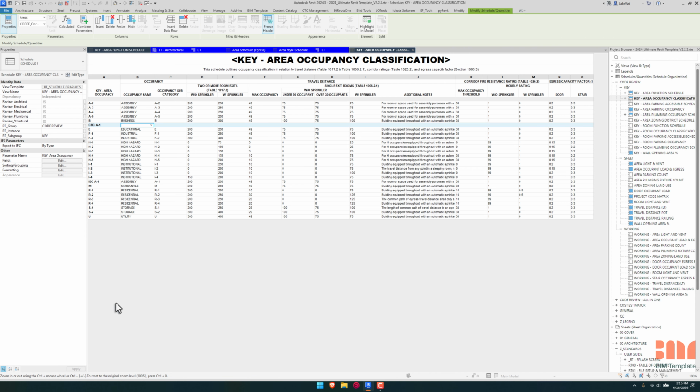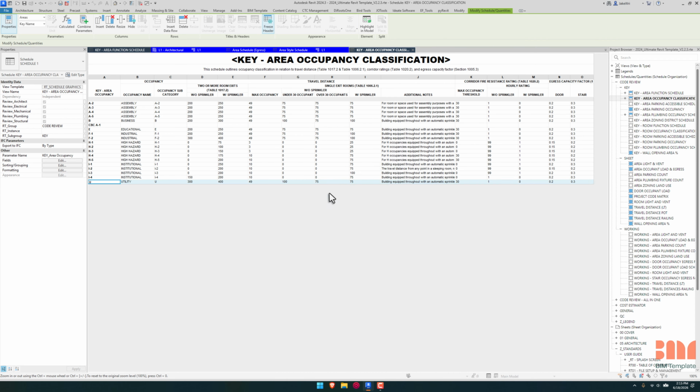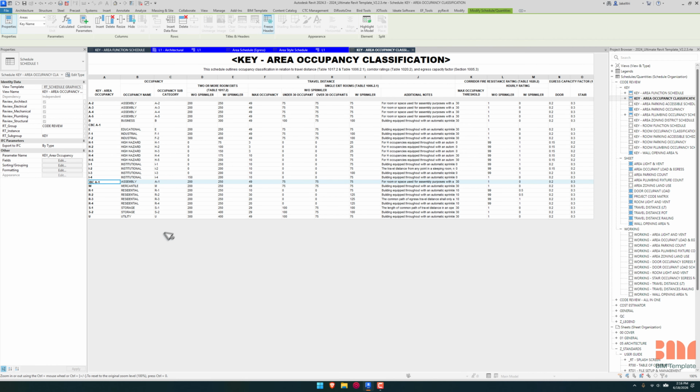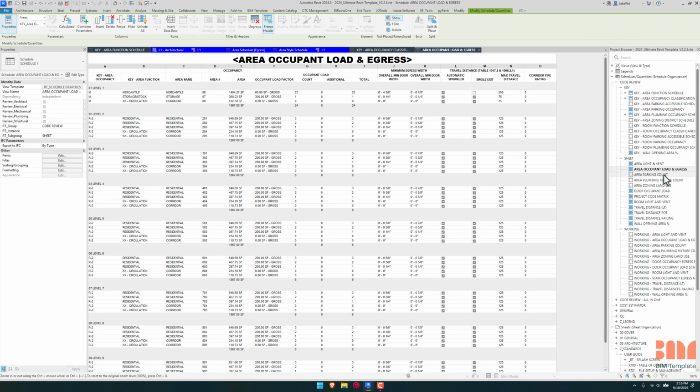So when you start a project and you're not using that jurisdiction's code base, you can simply go through and highlight and delete that information, and you don't need to use that, so it's completely deleted. So you basically have this really robust template to start from that accommodates different code bases. Now there's a little bit of wiggle room you have to account for when you are setting up the calculations inside of these, but at a very base level, that is what we use inside of our schedules,